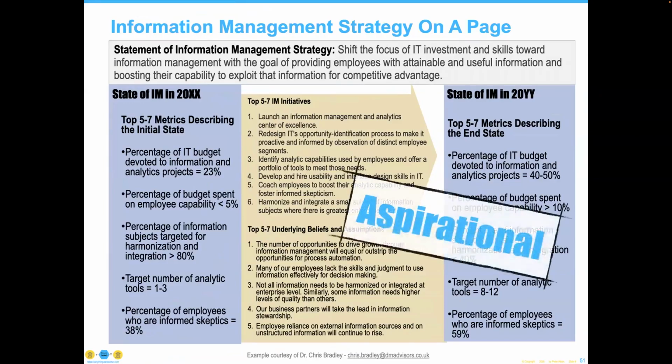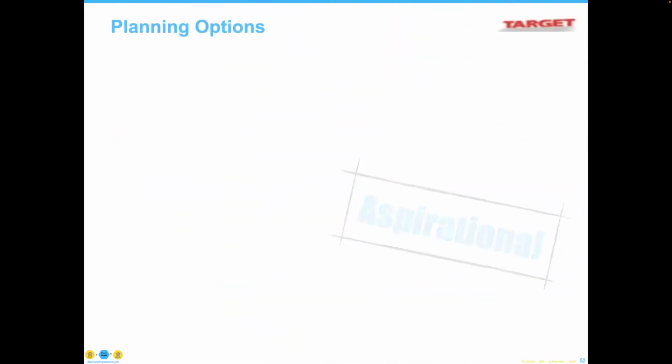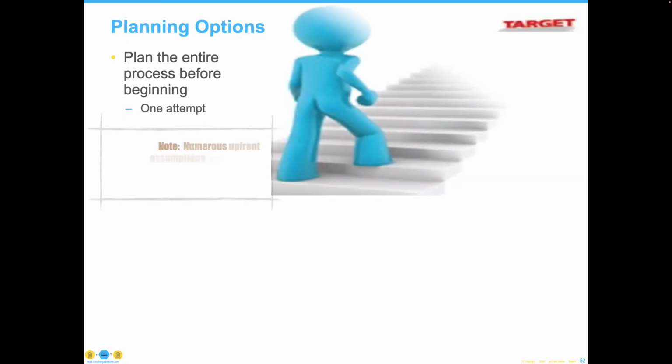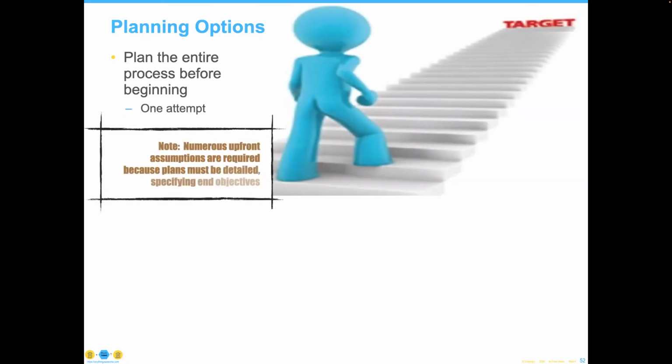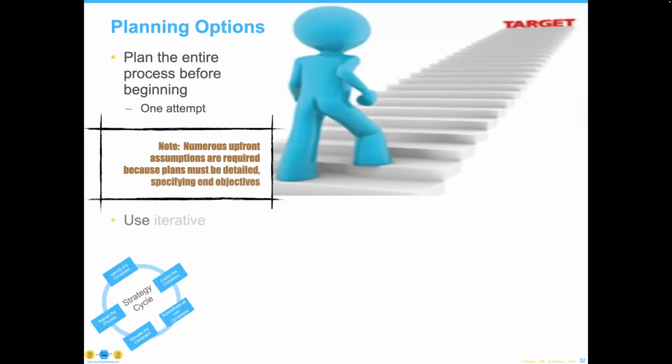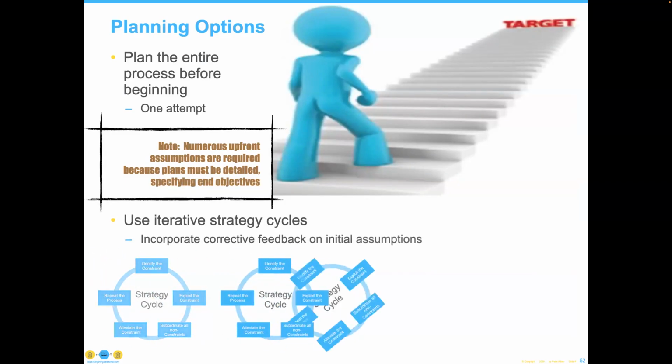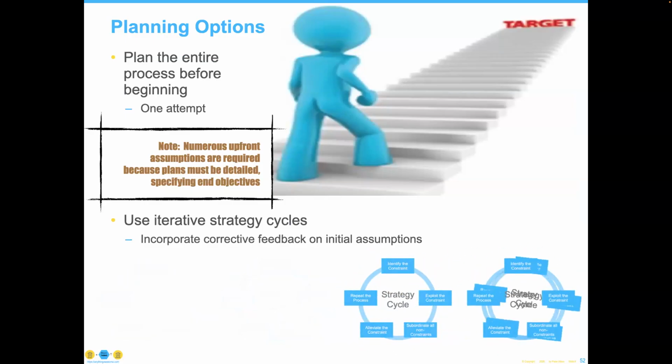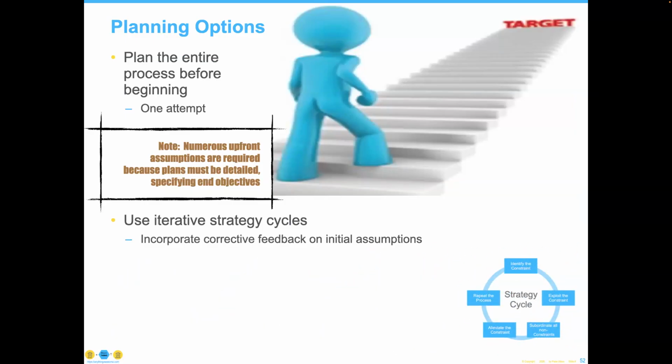and that helps out quite a lot in terms of effectiveness. I've used this example from my friend and colleague, Dr. Chris Bradley, who says this is something that you can get to maybe with 3 to 5 years work. So this is aspirational, but I've not found any organization standing up an organization like this that could put this together in that kind of fashion really, really quick. So let's look at our various planning options that we have around this. The target here, our goal, success, whatever it happens to be, we could go through with one attempt, which makes numerous upfront assumptions and details objectives and things, or we could use this iterative strategic cycle, which slowly moves us closer, but with much more feedback as we're getting towards the final